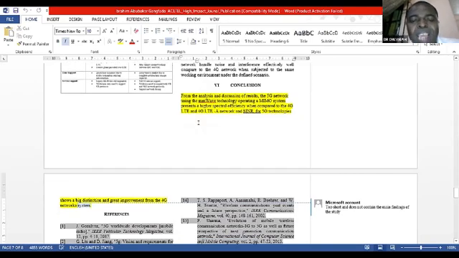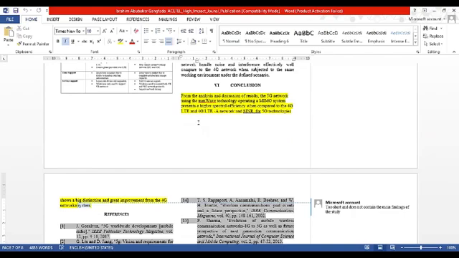Then the conclusion. Your conclusion is like a mini skirt. It's too short. Can you hear me? Yes, sir. Your conclusion is too mini skirt-like. From the analysis and discussion of result, the 5G network using the MNY technology operating a MIMO system. This is the first time you're mentioning the MIMO system itself. Presents a higher spectral efficiency when compared to the 4G network. This is very, very short. It does not show your main findings.